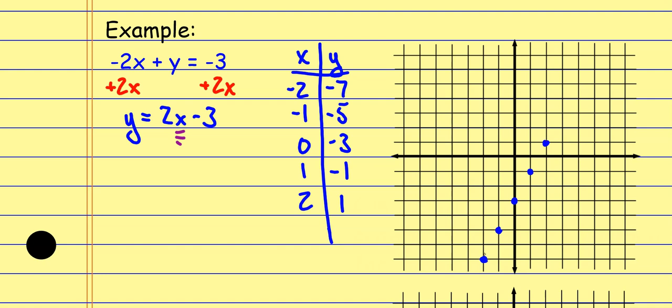To get from one point to the next, I go up 2 and then over 1. And then to get to the next point, it's up 2 over 1, up 2 over 1. To get to the next point, it's up 2 over 1. I can keep that pattern going, up 2 over 1, up 2 over 1. And by using that pattern to get extra points here, well, one, it gives me